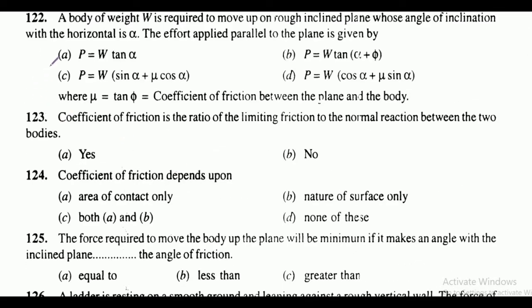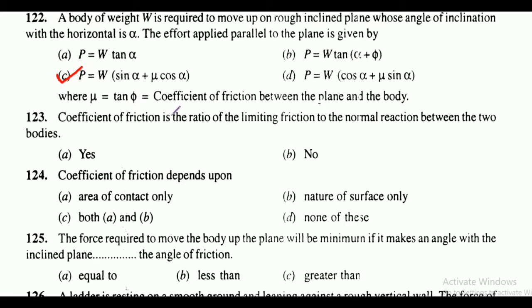Next is question 122. A body of weight W is required to move up on a rough inclined plane whose angle of inclination with the horizontal is alpha. The effort applied parallel to the plane is given by, here friends, these are the options, and here mu is equal to tan phi is equal to coefficient of friction between the plane and the body. And here friends, correct answer is option C, that is P is equal to W into bracket sine alpha plus